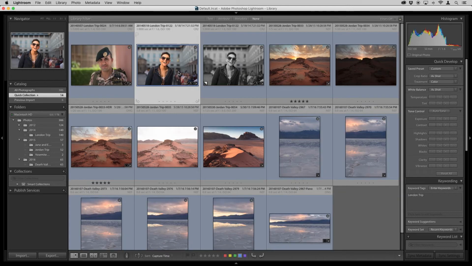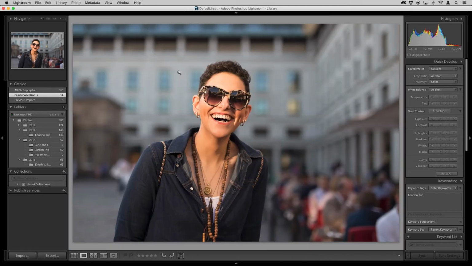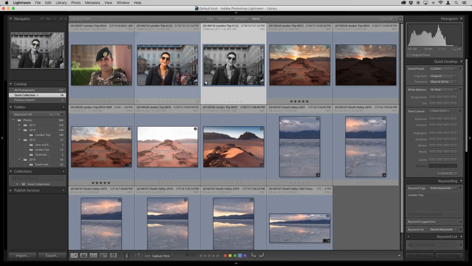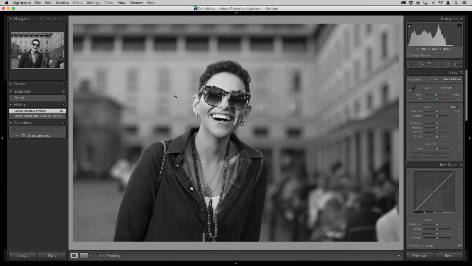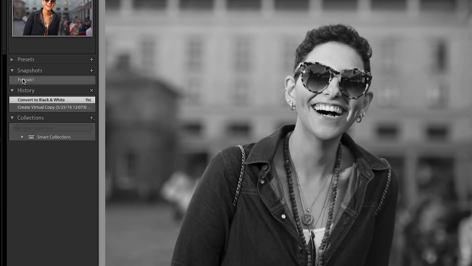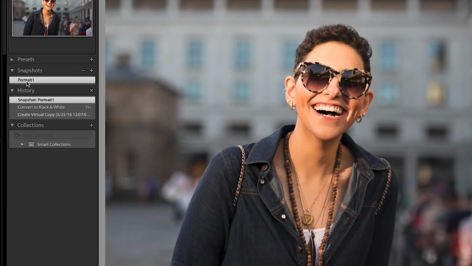Now I have 2 looks that I can compare. So if I press enter and toggle between these 2, you can see now it's jumping between 2 different images, and it also treats them like they're 2 different images. Now, another thing that is worth pointing out is that if we compare the virtual copy, it does preserve the snapshots. So the snapshots that I had before, if I actually click on that, now I can get back to the snapshots that I created in the earlier image.